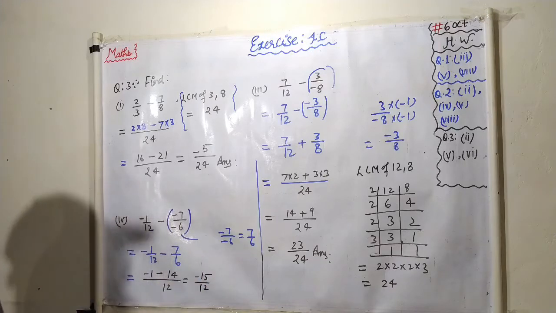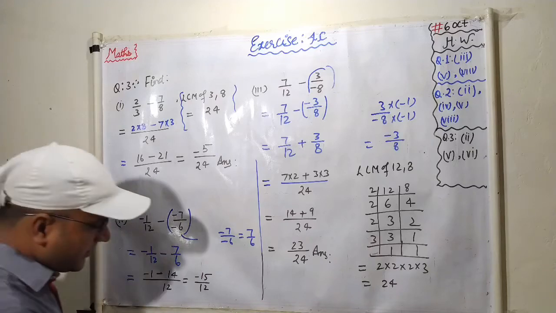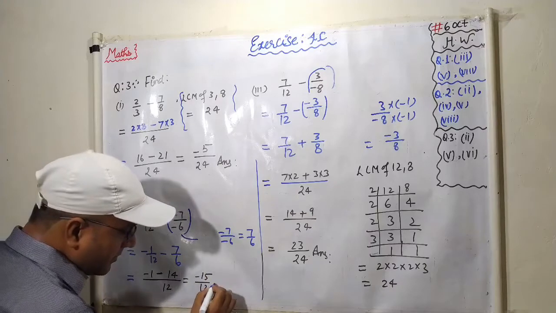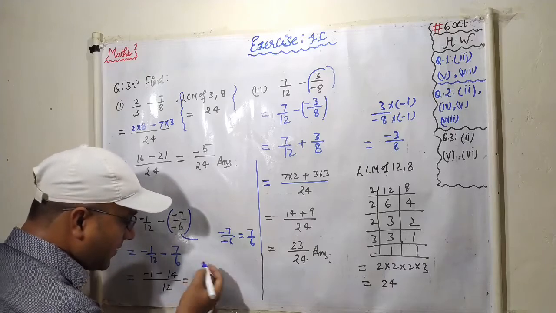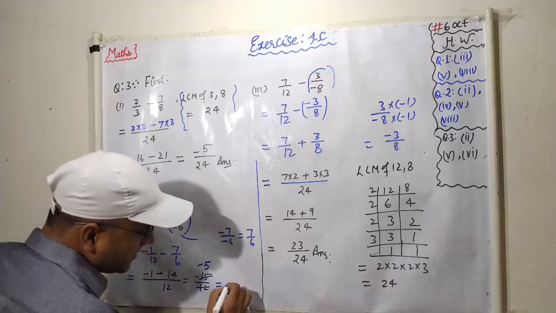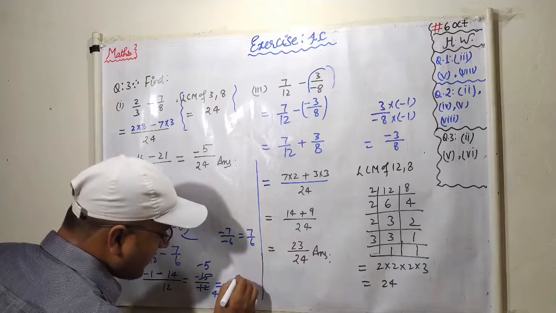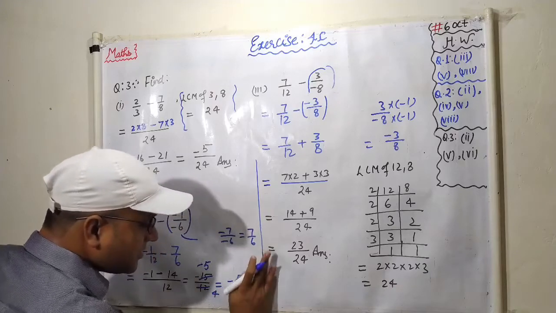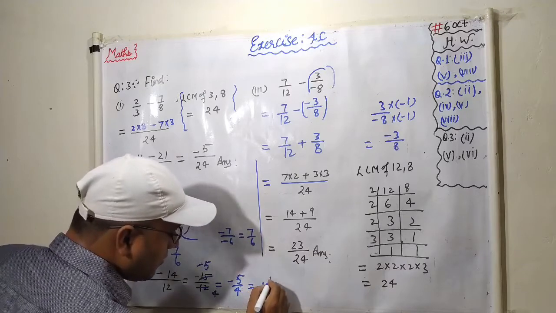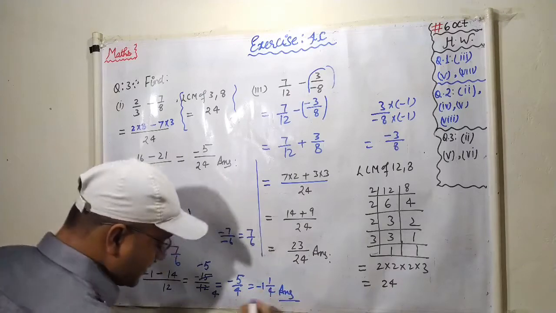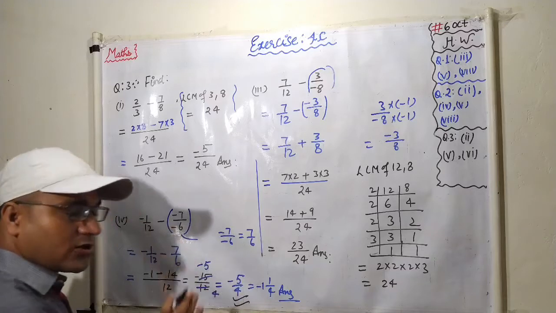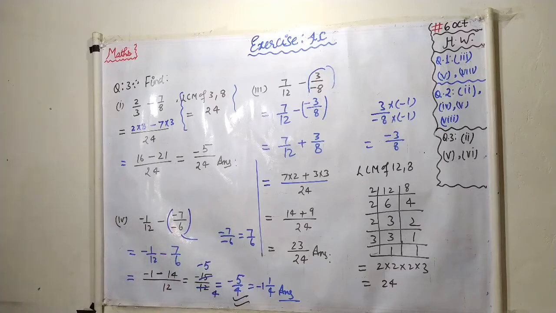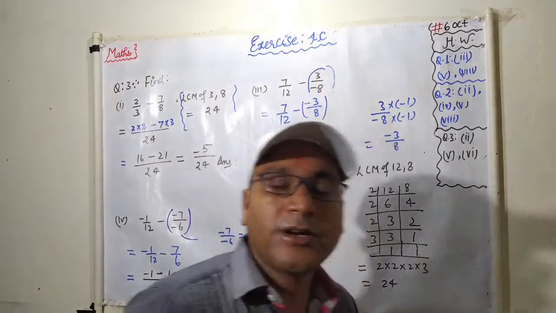And if it is cancelled out by any number, you will cancel that number. I think it is cancelled out by 3. If you cancel by 3, 3 4s are 12 and 3 5s are 15. And here is a minus, so you get minus 5 upon 4. Or if you want, you can change it into a mixed fraction, minus 1 whole 1 upon 4. This is also your answer. If you leave it as minus 5 upon 4, this is also correct, students. The rest, question numbers 2, 5 and 6, you will try yourself.